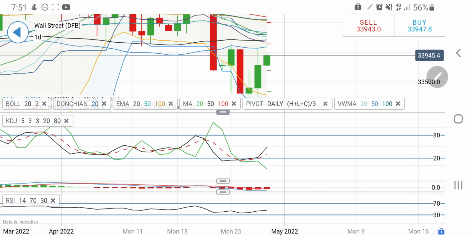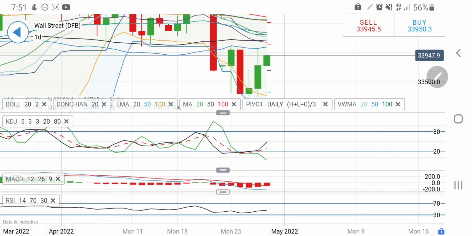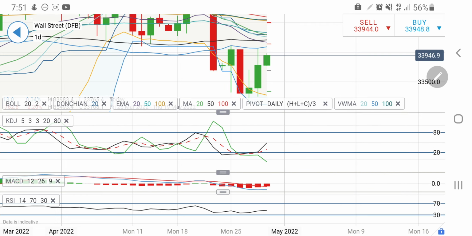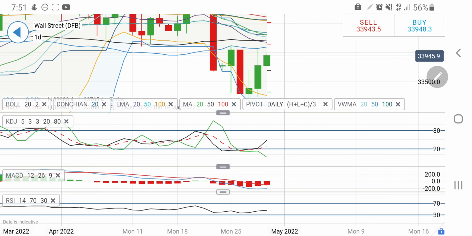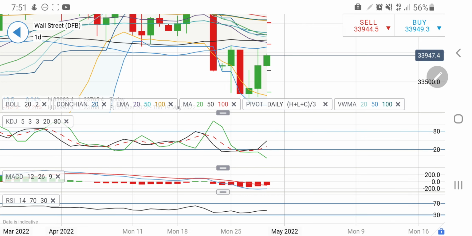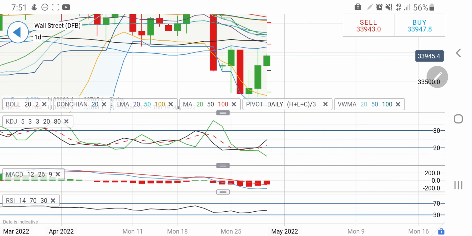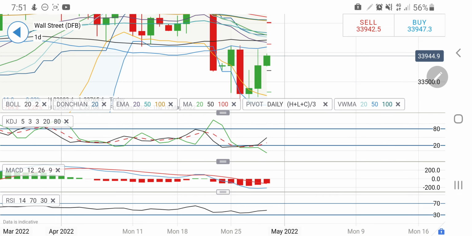On the upside, if it breaks 34000, we can expect a sharper rise towards the 34200, 34300 zone, and there is a little resistance at around 34,100 for sure. We have seen it several times. The 34,100, 34,200 zone has provided little resistance, but with the stop loss at 34,000, if you try to enter, you can remain long. And on the downside, there could be a sharper drop below 33,800,